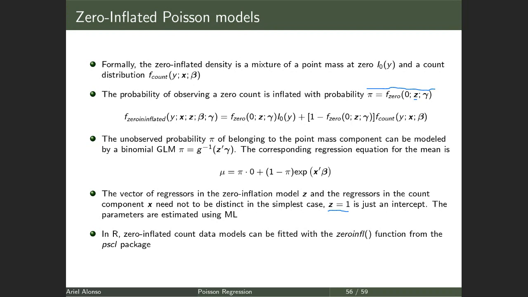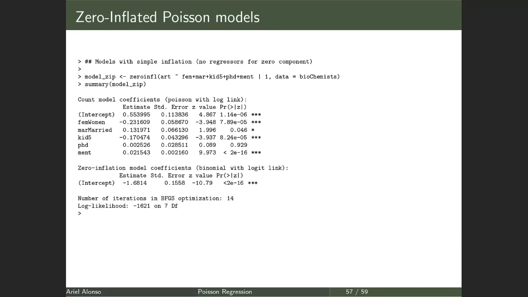Now, you can fit this type of models in R. One of the implementations you can use to fit these zero inflated Poisson models in R is in the package pscl. And so let's do it for our data set, this data about the number of publications. So here is the function zeroinfl. You write down here your model as we did before. The number of articles, a function of gender, marital status, number of kids, prestige of the program, and number of articles of the tutor. And then you put this slash over here, and now you are going to start to